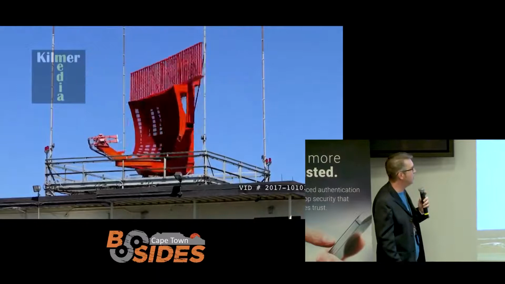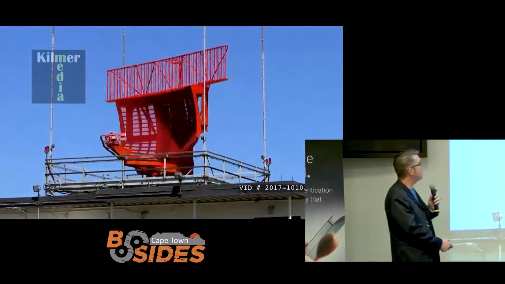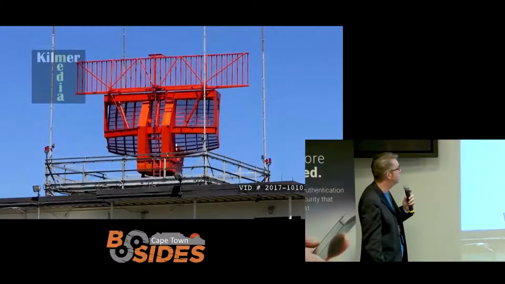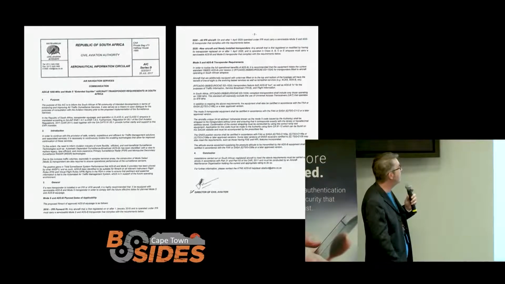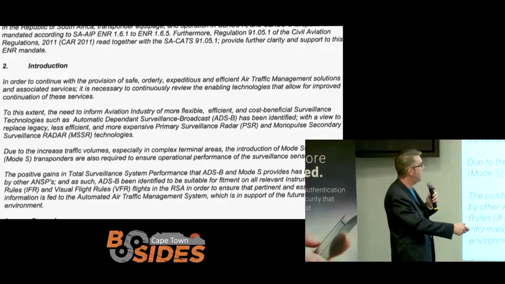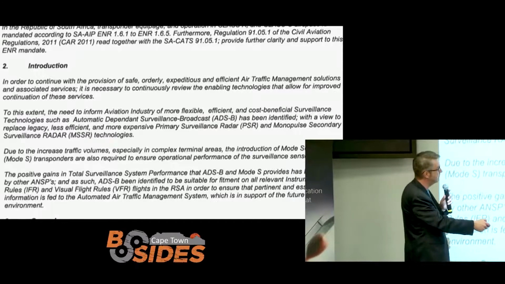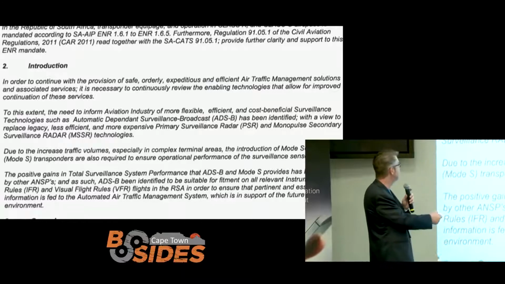And this is normally and traditionally done through what they call primary and secondary surveillance radar, which are these dish things that are normally hidden in big domes at the airports that we normally visit. But in South Africa, our Civil Aviation Authority is very much pushing for the implementation of ADS-B to, as they say, replace legacy, less effective, and more expensive primary surveillance radar and monopole secondary